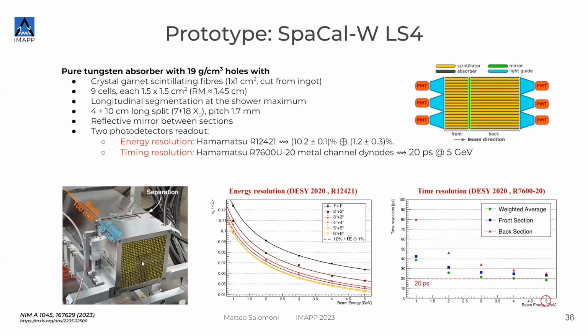This is another prototype that we made. You see here these little yellow squares. These are the fibers that are facing on this side of the module. And here we have the readout, which was removed, but there we have light guides and PMTs, which collect the light and bring it to the PMT. This is another technology. It's even more radiation hard. So this is the technology that has to go in the very center of the calorimeter. This can go up to 1 megagray, which is huge. It's very high.